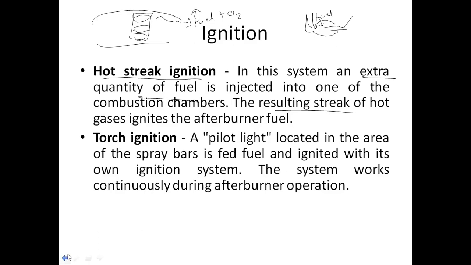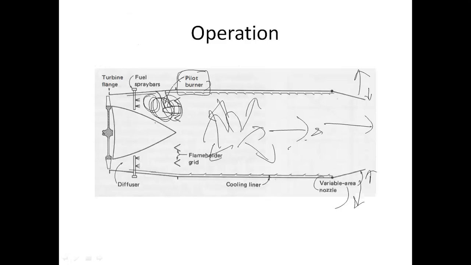Let's go back and understand this once again here. In this torch igniter, please understand, the air is coming from this side and fuel is added to the spray bar. There is a pilot burner, the second type category, where you add fuel and ignition here, the flame comes out and that flame ignites the remaining fuel and air mixture. The main reason I come back to this slide is to look at this section. These are called the cooling liners. We require this cooling liner because there will be a high temperature which can come in direct contact with the material of the engine, which can damage the material. So we give the cooling liner that will prevent the high temperature from directly coming in contact with the material.